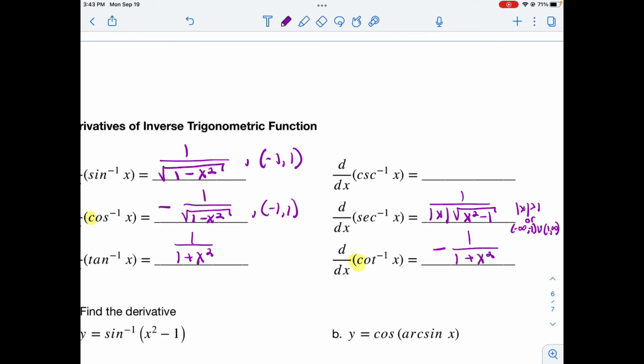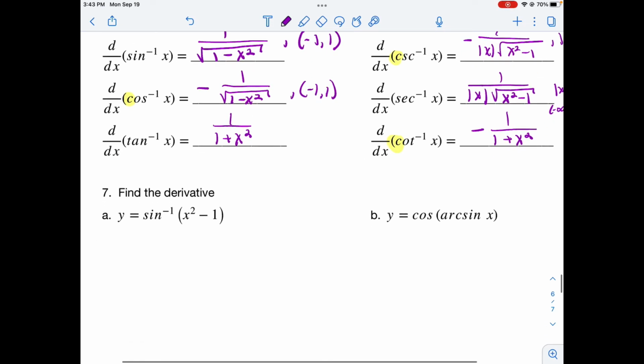Cosecant is the same formula. The inverse of cosecant of x has the same formula as the secant of x, except we negate it. So, again, the C is our hint that we're going to have a negative answer: negative 1 over the absolute value of x times the square root of x squared minus 1. Now, these are often tied with chain rule. So I'm going to look at finding the derivative of our inverse trig functions and apply the chain